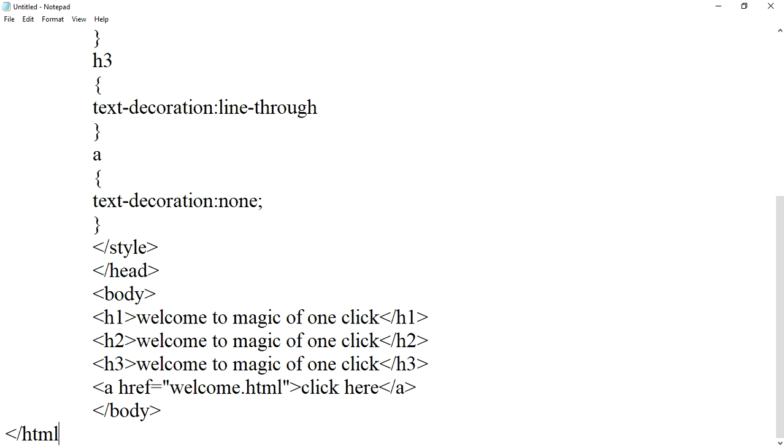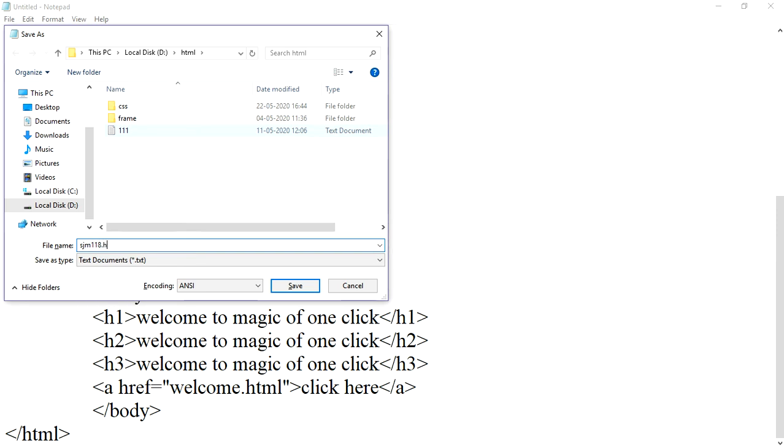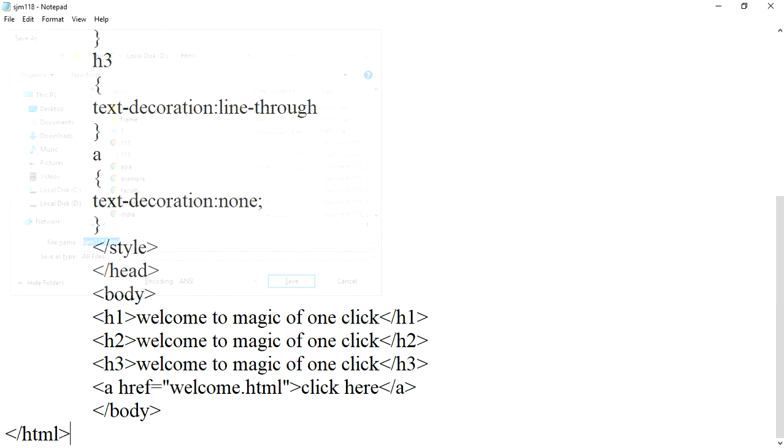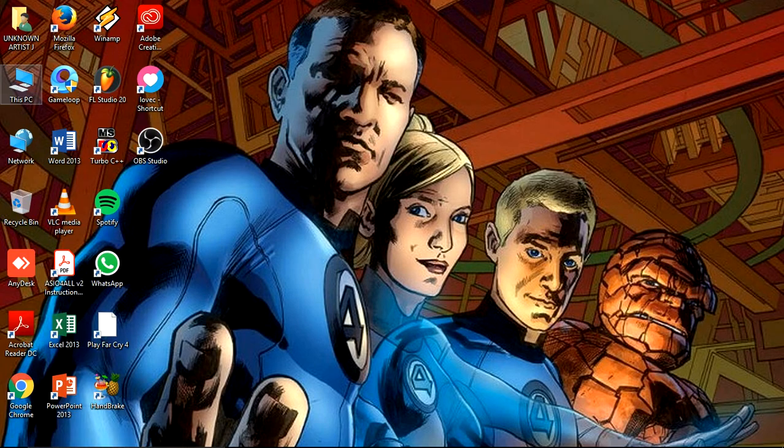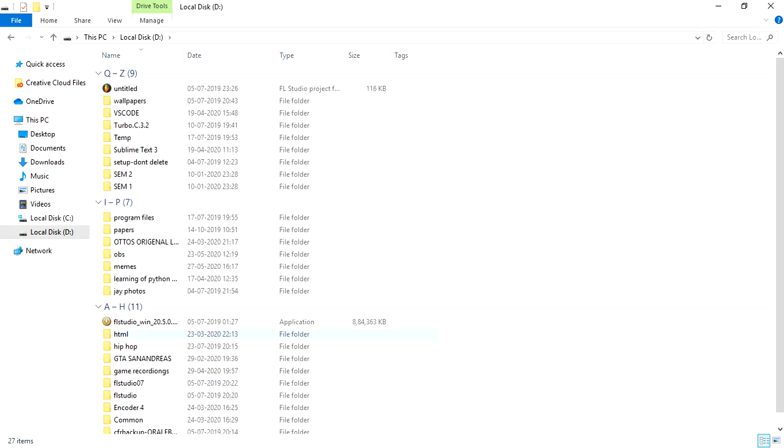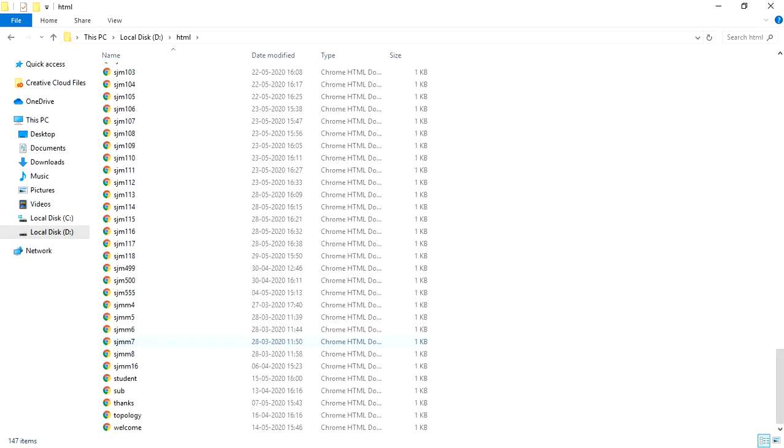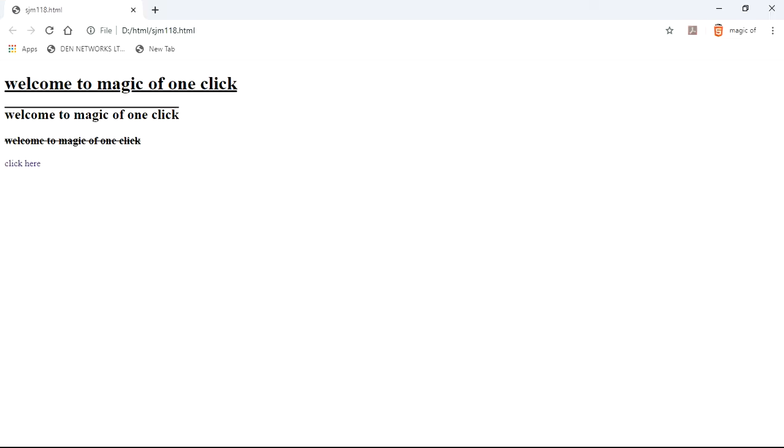and html tag. So now we'll just save it as 118 with the extension html and in all files. So now let us check the output. Local disk D, html folder and 118 program. So this is our basic output of how to use the text decoration property,